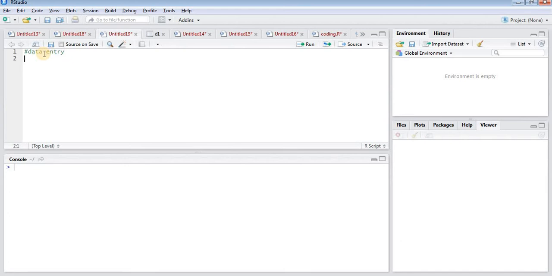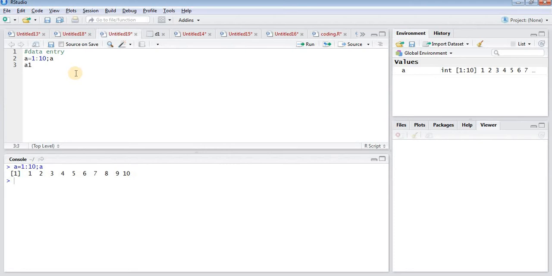There are various instances when we require data to be uploaded or imported in R. Let's consider a data set wherein I want numbers from 1 to 10. So A is equal to 1 to 10, comma A. This will give me numbers 1, 2, 3, 4 up to 10. So this is one way to enter the numbers.